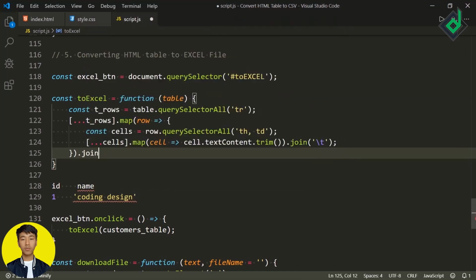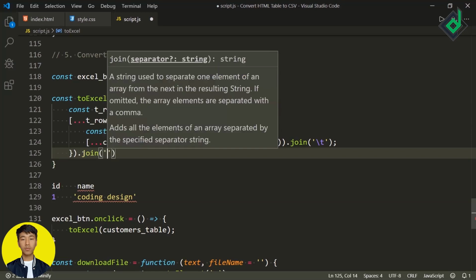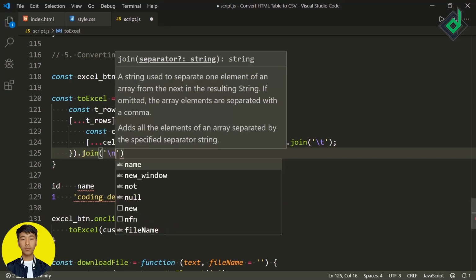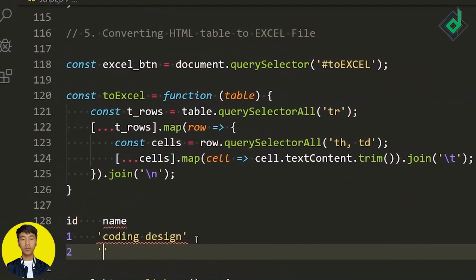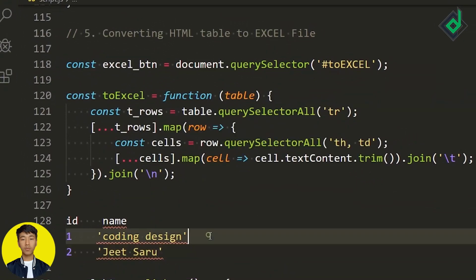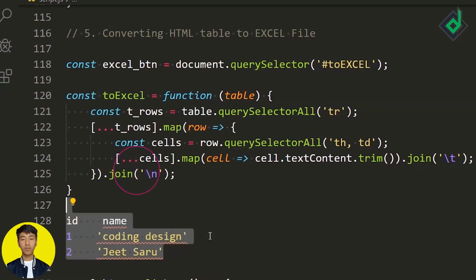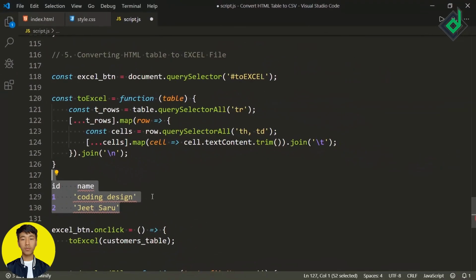Again, you can use their dot join. That's because when we were iterating all the table rows, we have used their dot map function. Again, it will return the array with new modified value. So again, within that join, I can pass the string \n, and that will break the line. As you can see, I have already shown you just down below there. For all table headings, we are separating with 4 space, and when new table row it starts, I want to start with new line. So for that, I have given their join, and I'm passing a string \n, and that represents new line, or it will break the line.